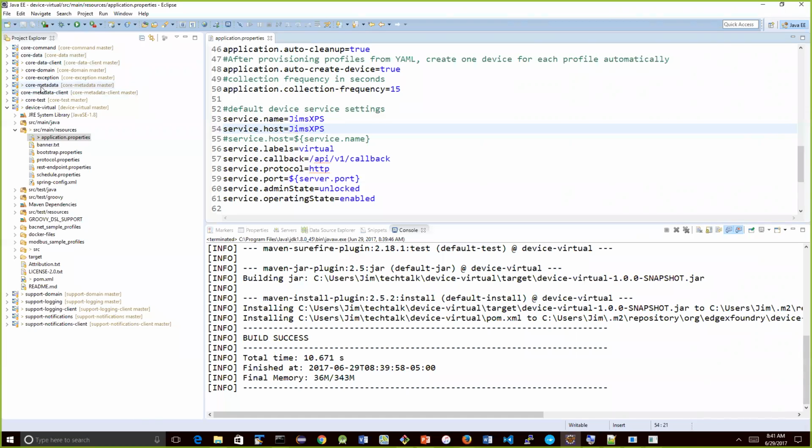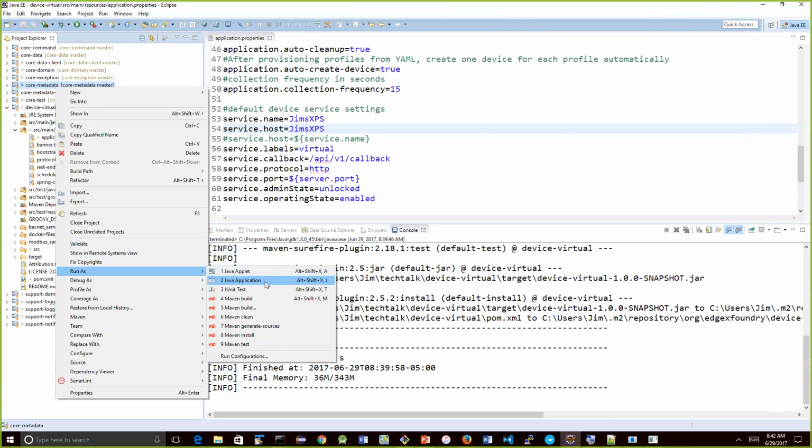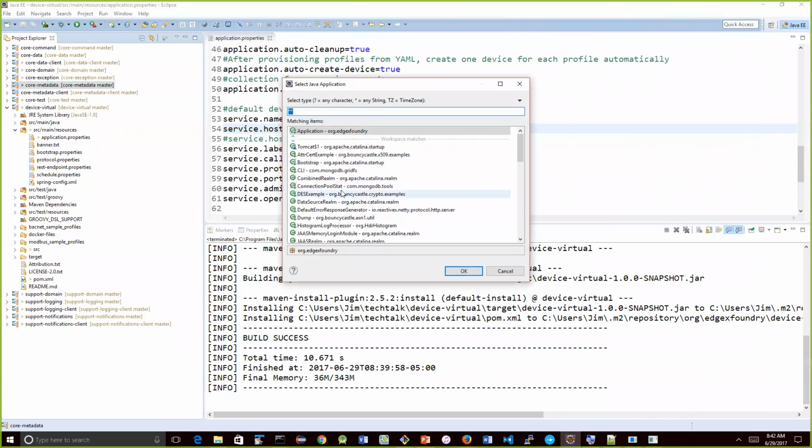I'm going to start with the core metadata. So again, let me zoom in. I want to start with core metadata. I want to right click on that particular microservice, and I want to do a run as, and I'm going to have to zoom back out to be able to get down to that menu item, run as a Java application. When you do that, you should see the console window come up in just a second, and